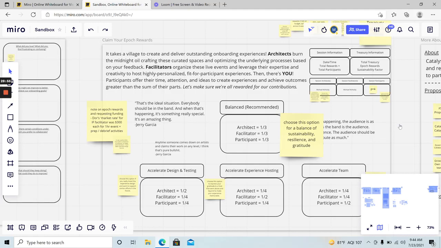So there's some self-healing aspects built in here of how this helps to balance things. And then what's actually going to happen in the session is participants, along with the facilitator, will vote on how those rewards are going to be split. So the balanced recommended split is that for the epoch reward, it's an even split, 1/3 to the architect, 1/3